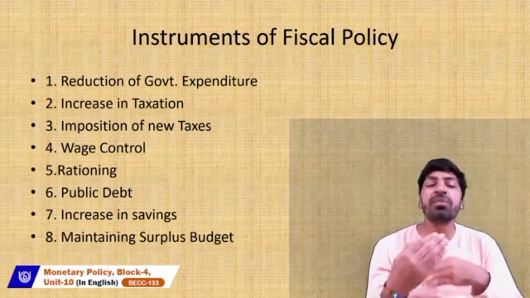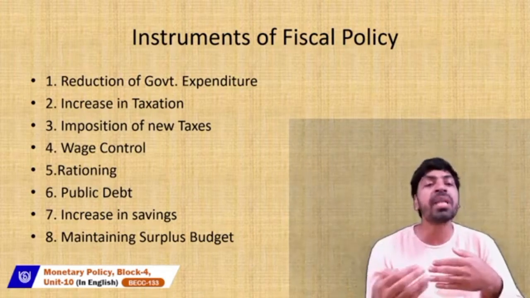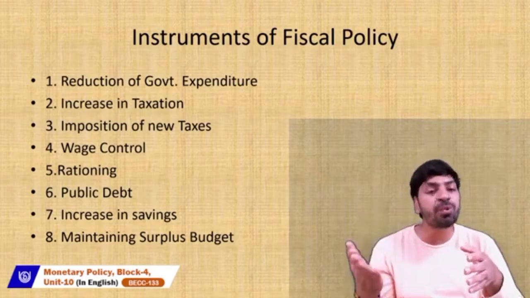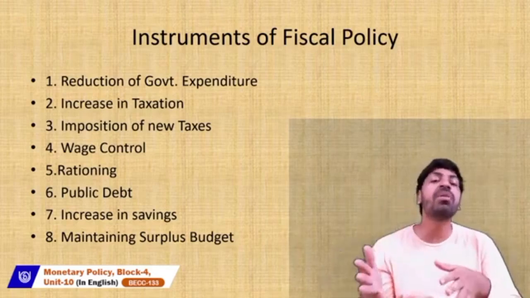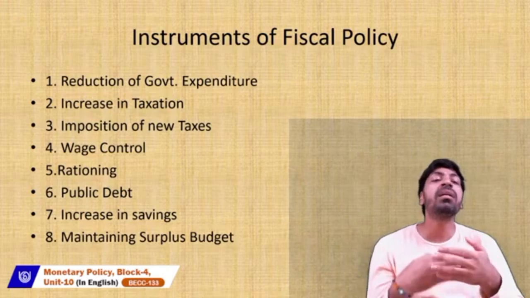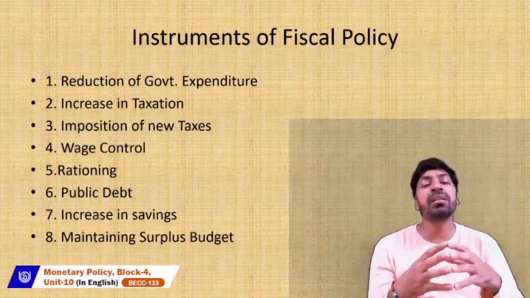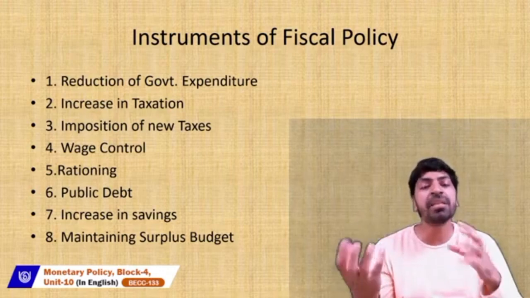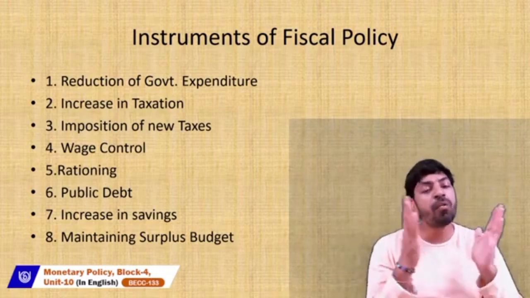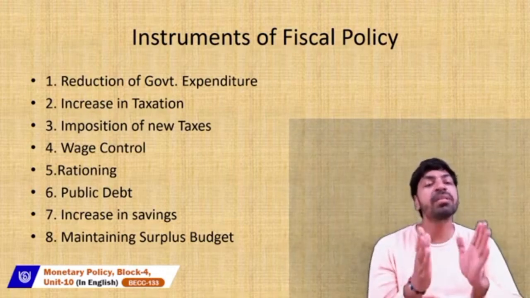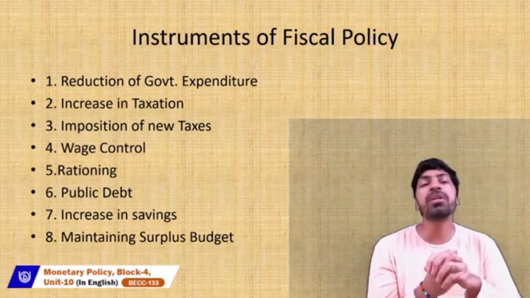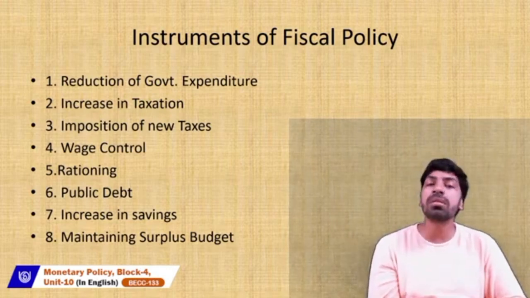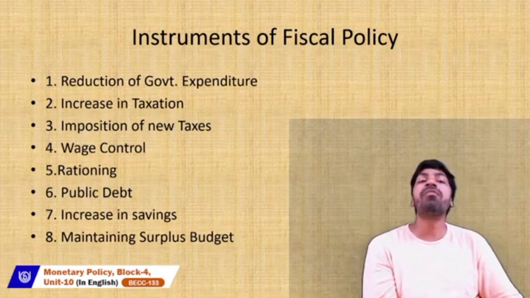If new taxes are imposed, it automatically increases the revenues of the government, so that the economy of the country would get maintained on an overall basis. That is the main reason that imposition of new taxes is also one of the instruments of fiscal